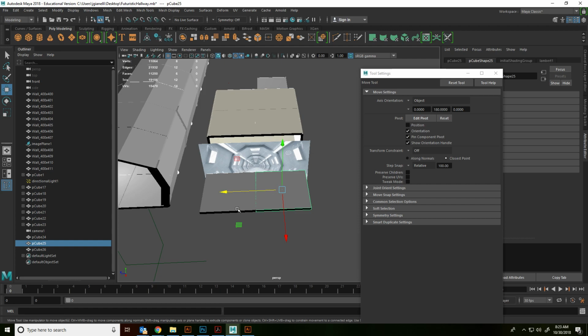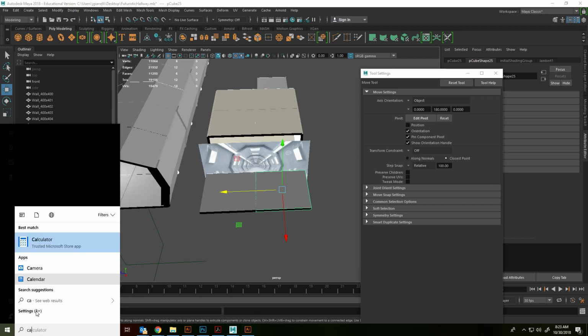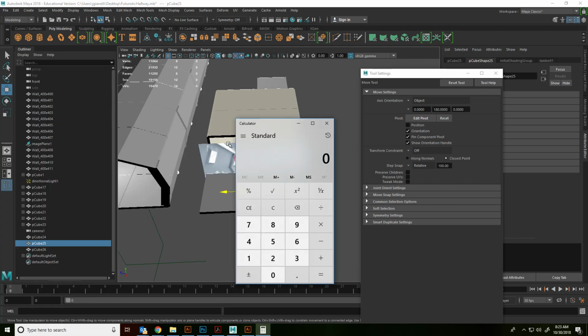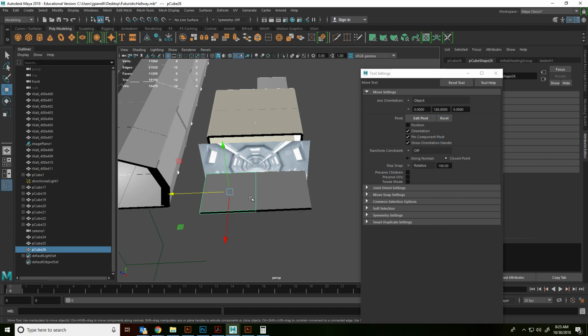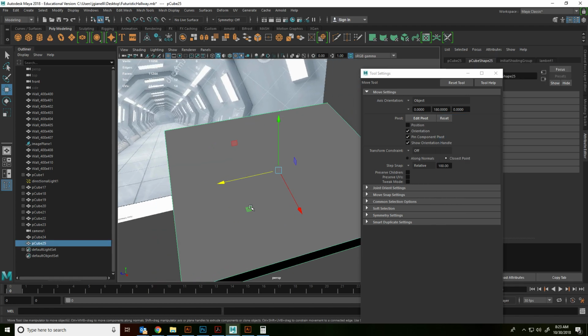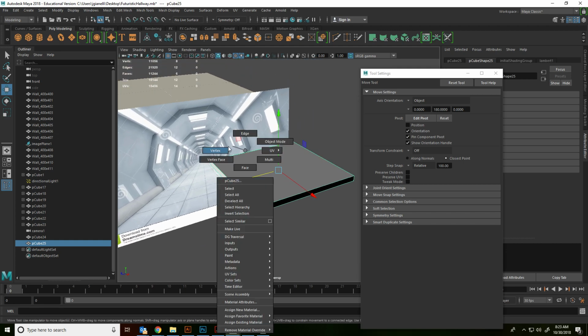So I'm going to do a little bit of math here. If we take a calculator and we do 80 divided by 3, because it's basically going to be 3 segments, up, across, and down, you get 26, which means if I did 25 on the sides, that would leave me with 50, and then 30 on the top, that would give me 80. So let's go ahead and do that. So 25, 30, and 50. So let's go to face mode,